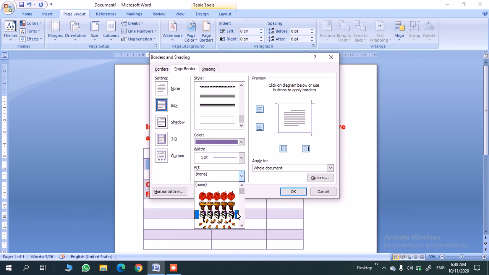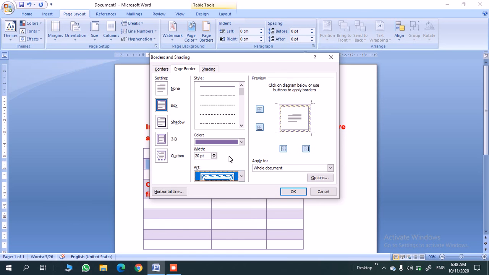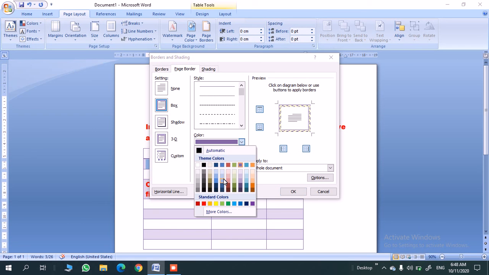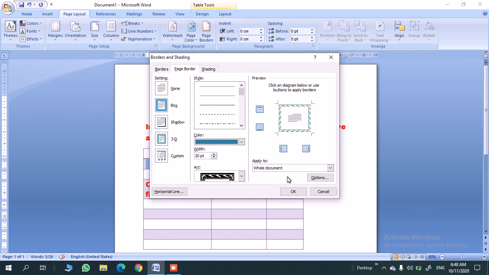You can go for it also. Select an appropriate border for your page. You can choose a color and click on OK. The border width can also be changed as per your requirement. You can apply it for the whole document.